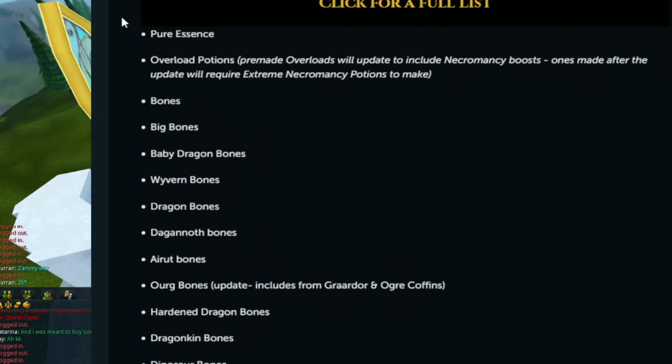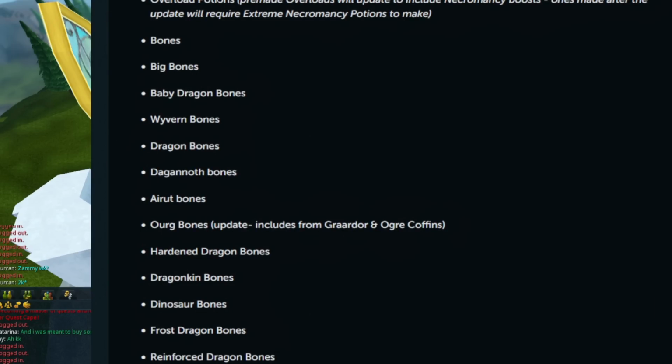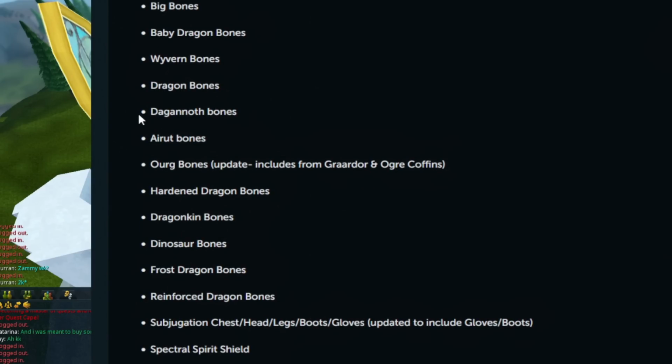So obviously here we have the item list of things that might be useful. I've got some of the stuff. I've focused more on the higher tier bones, like dragonkin bones, hardened dragon bones, reinforced bones, dinosaur bones. I haven't really gone for the orc bones or the frost bones. That might be a mistake, but I'm hoping those bones will suffice. Oh, and wyvern bones from